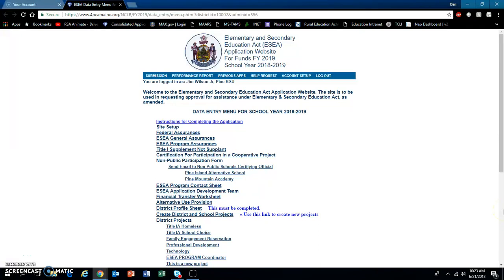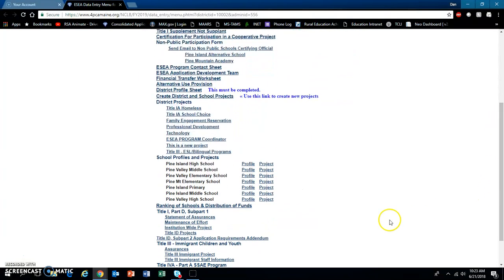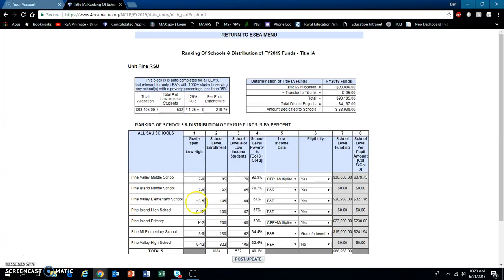Welcome to the ranking and distribution page, segment 2, focusing on the ranking and distribution rules and whether the district should use poverty ranking or grade span ranking. We should find this ranking of schools and distribution of funds page, and here it is. In the first segment, we learned about the eligibility of schools, and those eligibility rules somewhat aligned to the ranking distribution rules. So this is how